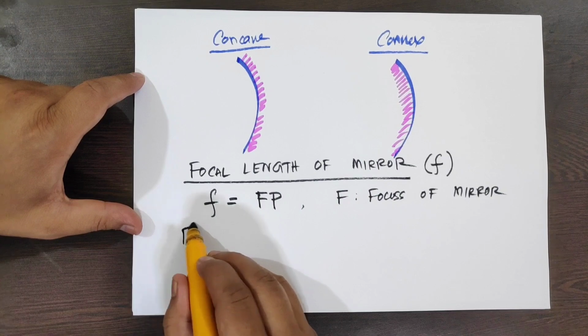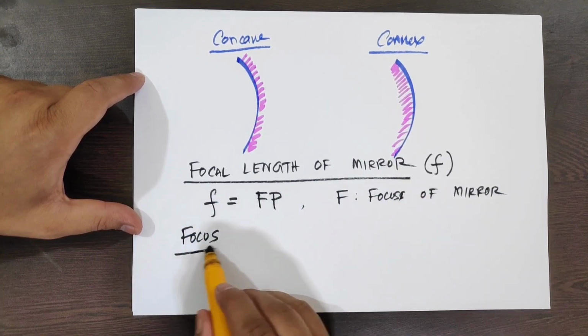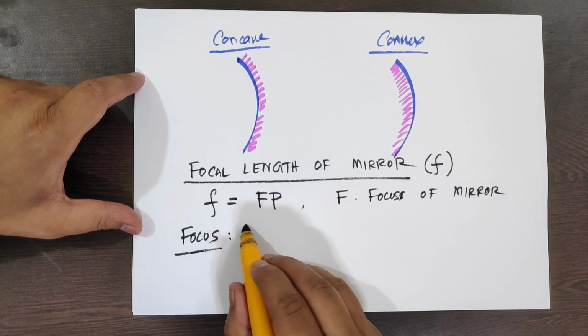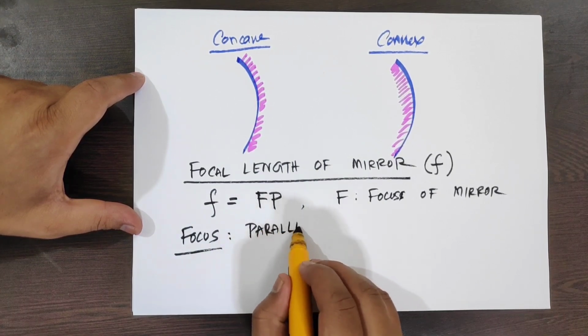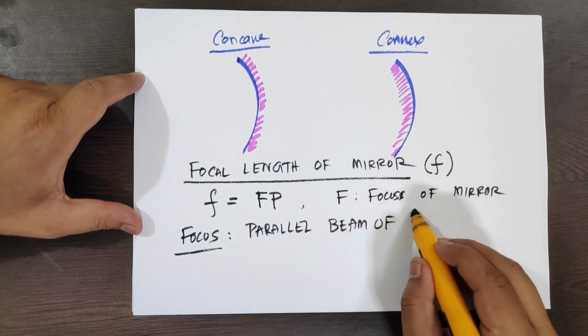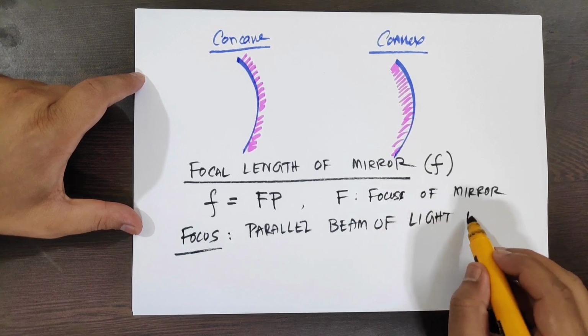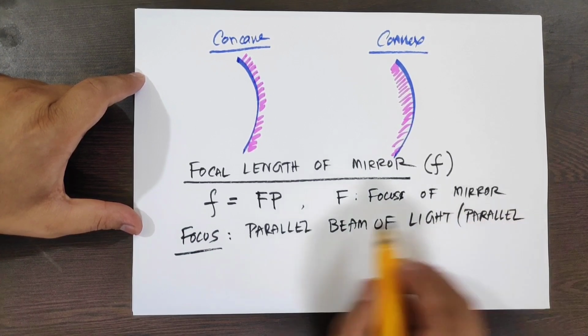What is the focus? Focus is, say, where a parallel beam of light, parallel to the principal axis,